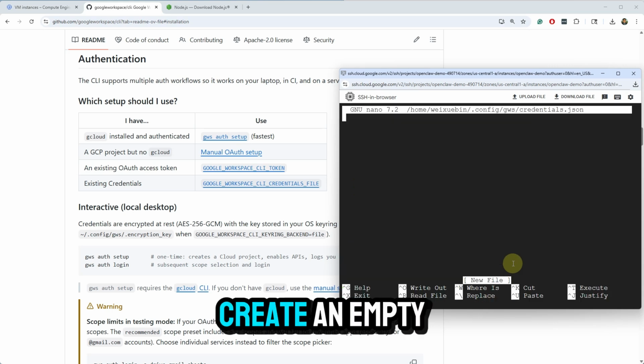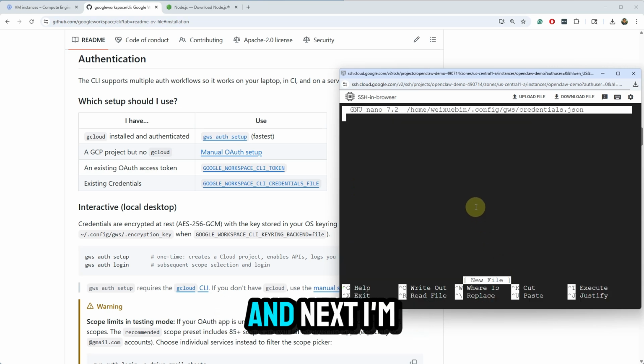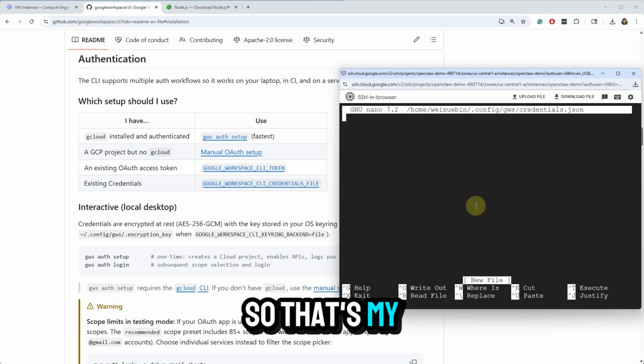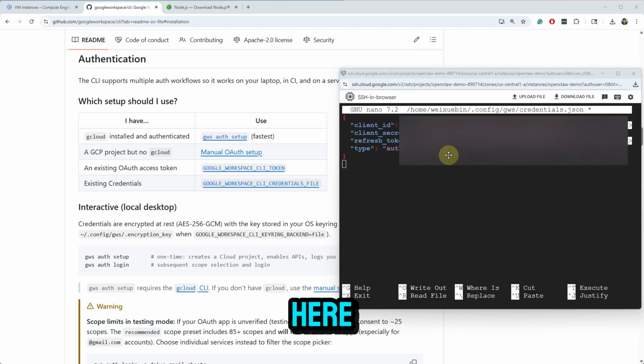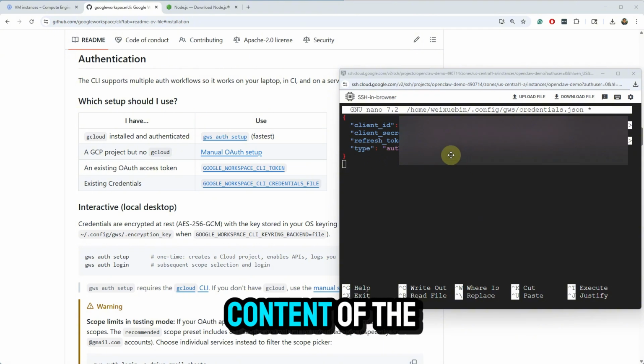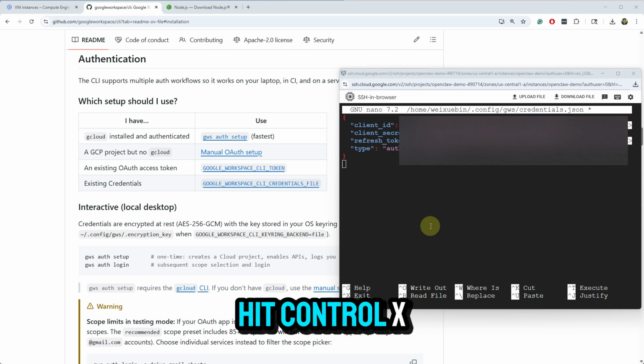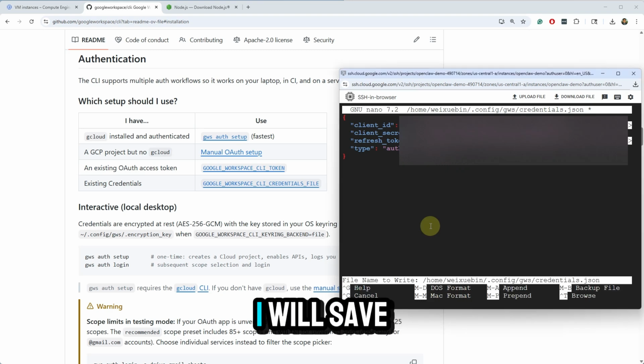So I will create an empty JSON file. And next, I just copy and paste the JSON file into this window, and I click next, save that one. So that's my approach to upload the JSON files. All right, so you can see what I did here: I just copied and pasted the content of the JSON file into this window, and I just hit Ctrl X, and I say yes, and I will save that file